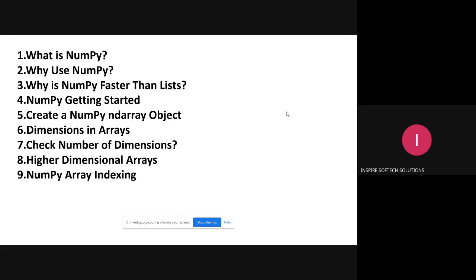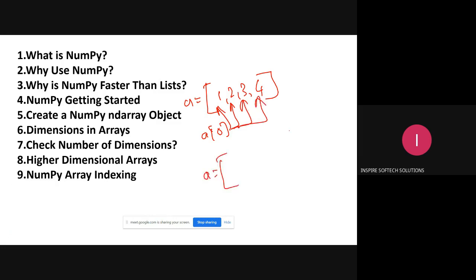If you have a one-dimension array, with one square bracket like 1, 2, 3, 4, and I'm storing it in a, then a of 0 means 1, a of 1 means here, 2 means here, 3 means here, fine. What if you have a two-dimensional array?